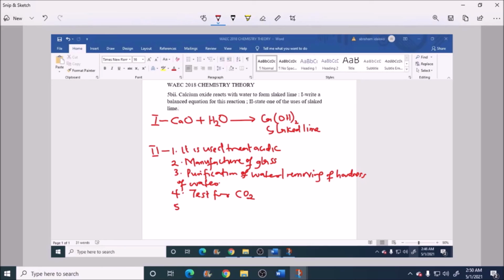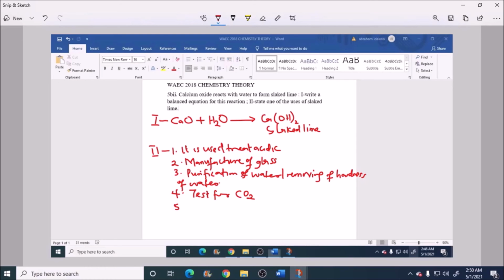And number 6, it is used to make mortar or plastic